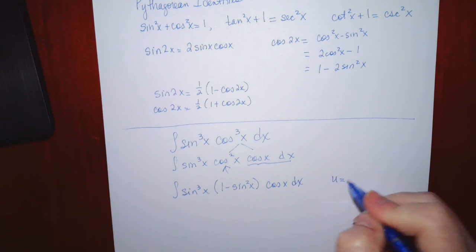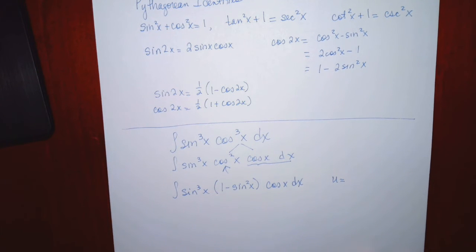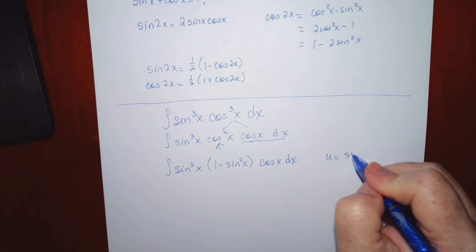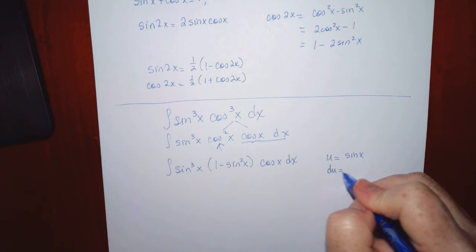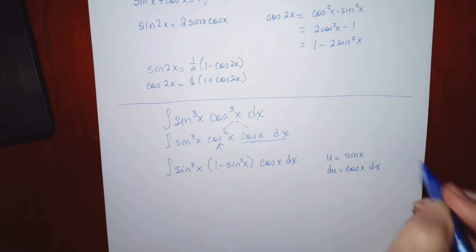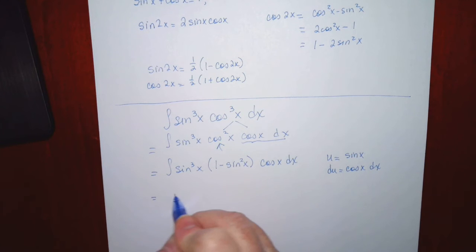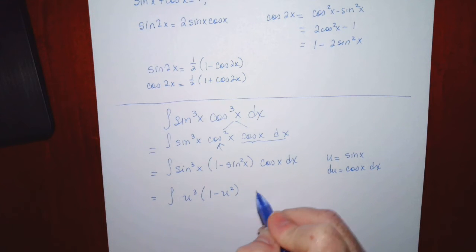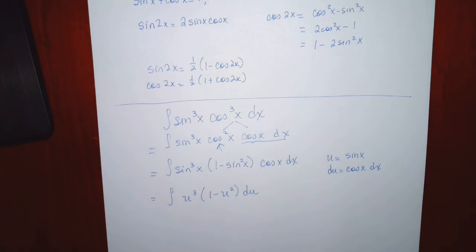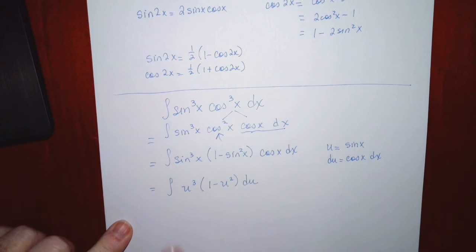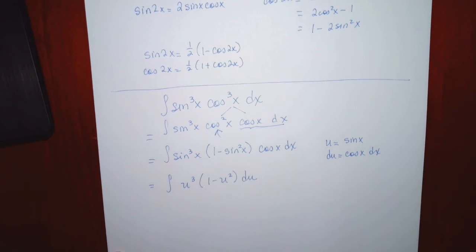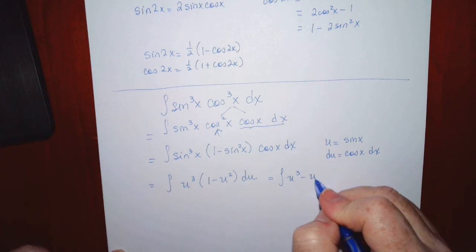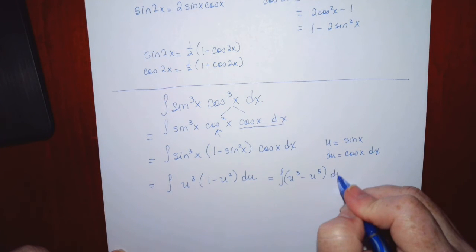And I personally would go ahead and do my u substitution here before I multiply it out, just because it'll make the writing a little bit shorter. My u will be sine x, my du will be cosine x dx, and this will be the integral of u cubed times 1 minus u squared du. How do we integrate that? We multiply it out and integrate term by term. So that will be the integral of u cubed minus u to the 5th du,